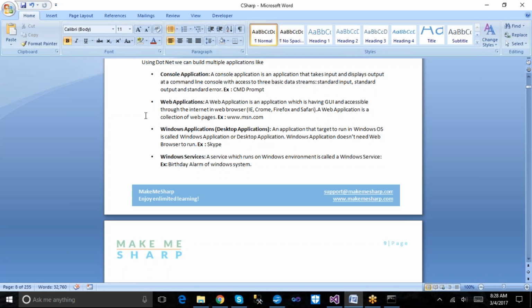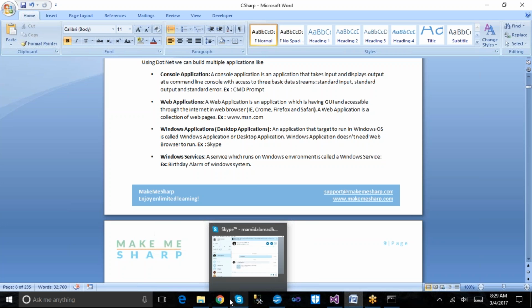We have a lot of browsers available in the market. We can name Internet Explorer, Chrome, Mozilla, or Opera browsers.